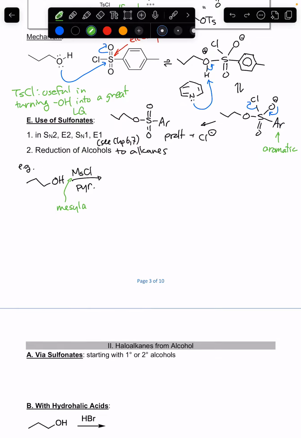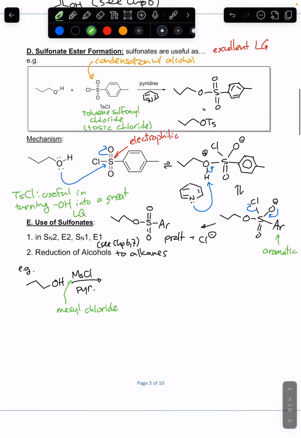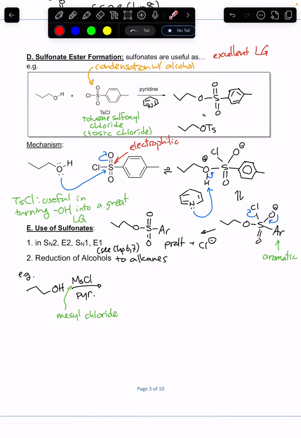Or I should say mesyl chloride, which will make mesylate. It looks exactly like toluene sulfonyl chloride, except instead of toluene you just have a methyl group there. Now that will get us to this group, which is short for that. There's that methyl group. And once you make a sulfonate, which by the way is called a mesylate,